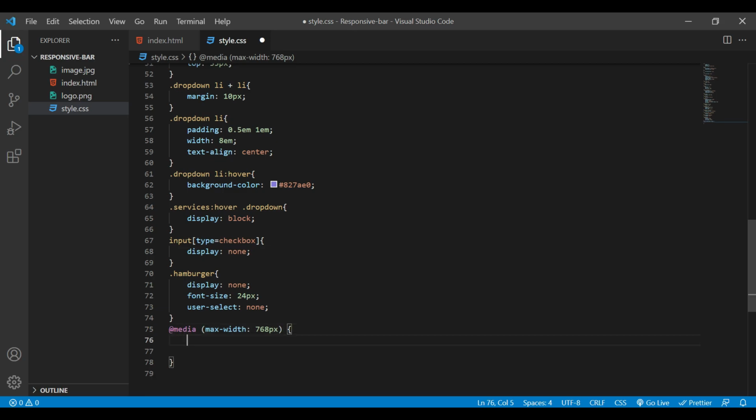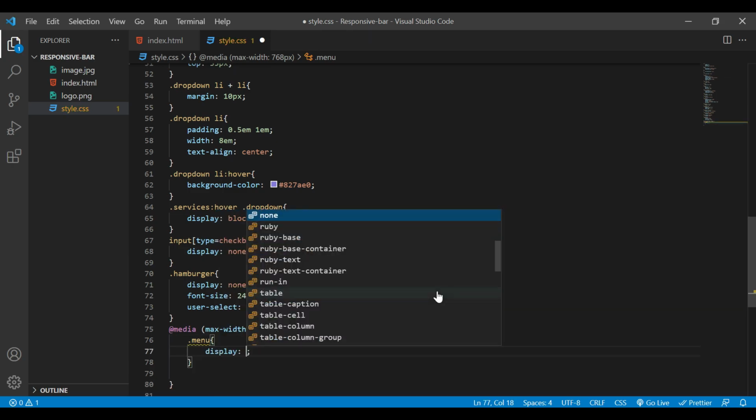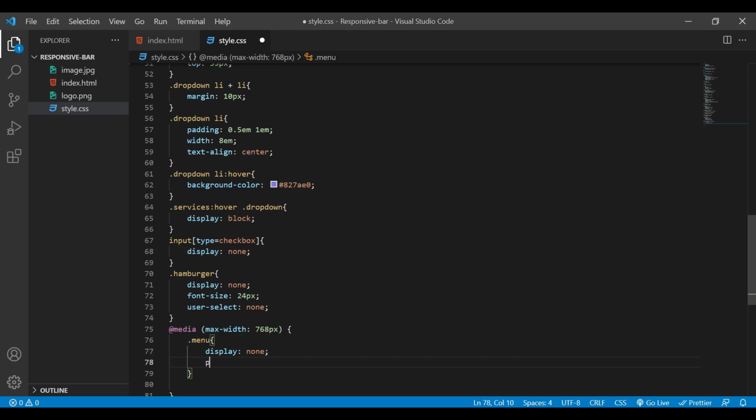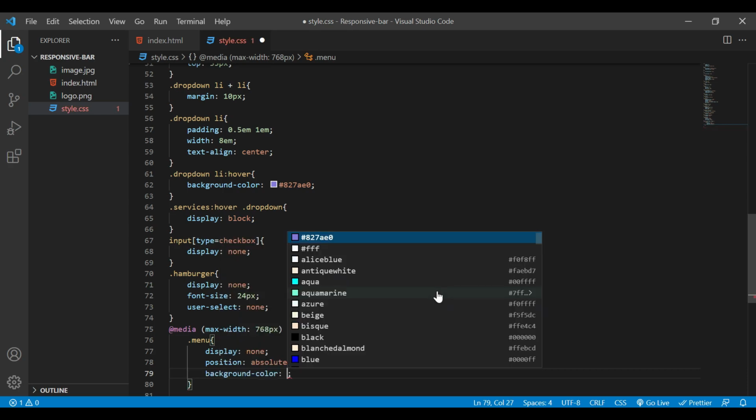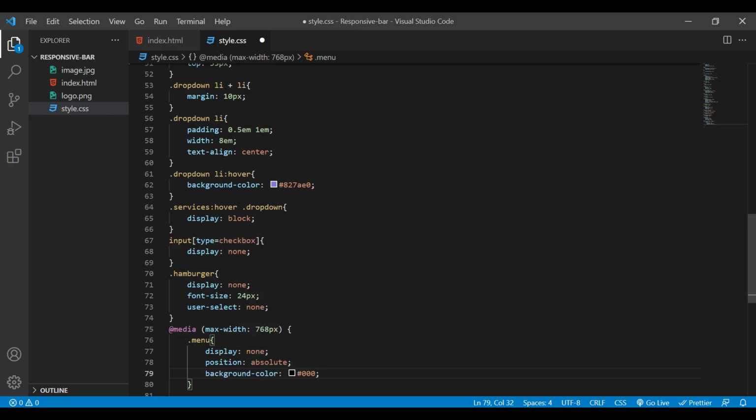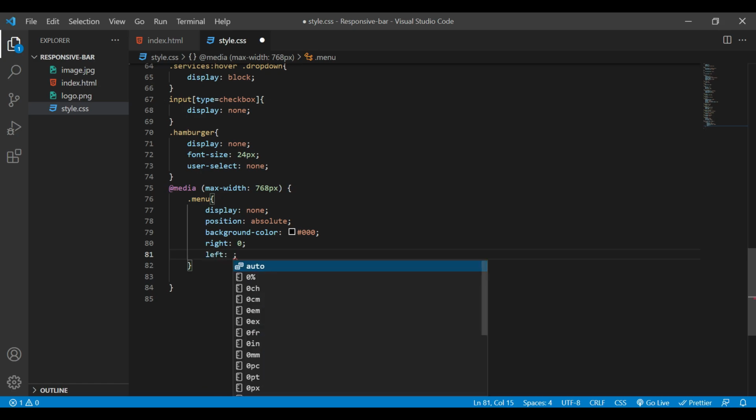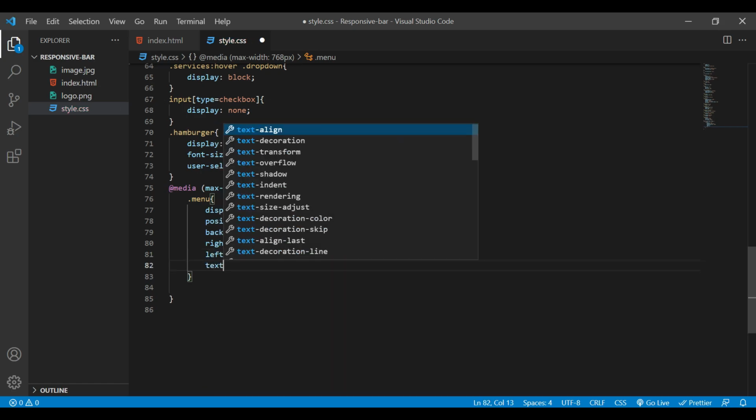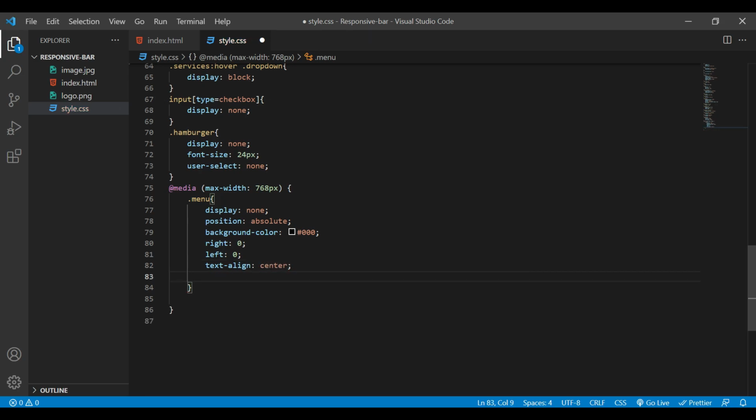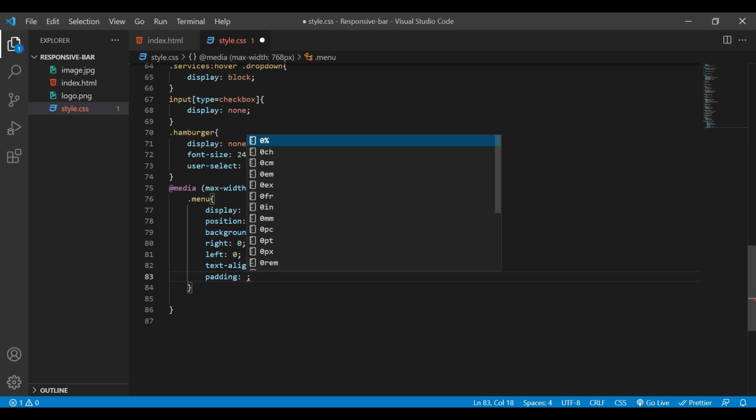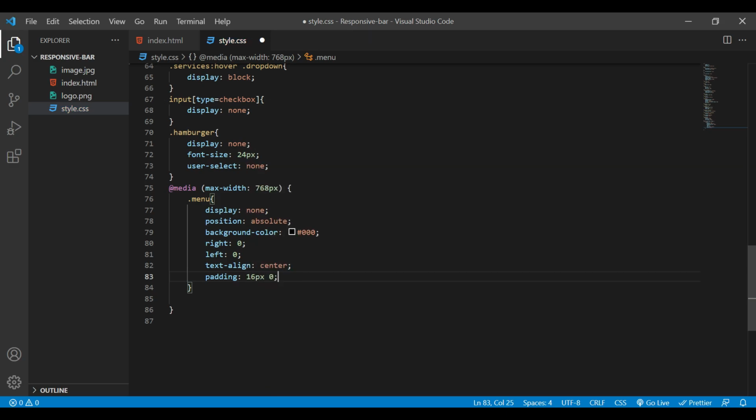Here I'm going to start with my class menu, display to be none, also position to be absolute, background color. Next, I'm going to say right 0, also left to be 0. Text align, padding. Next is my menu list